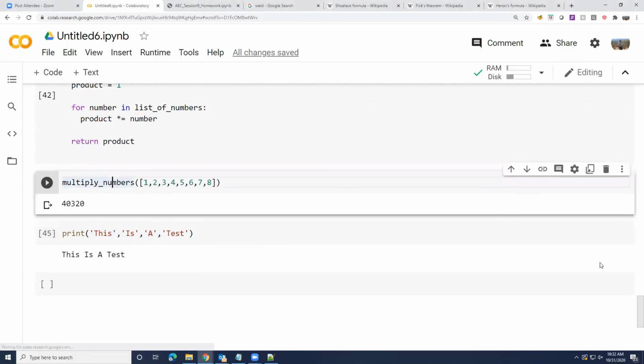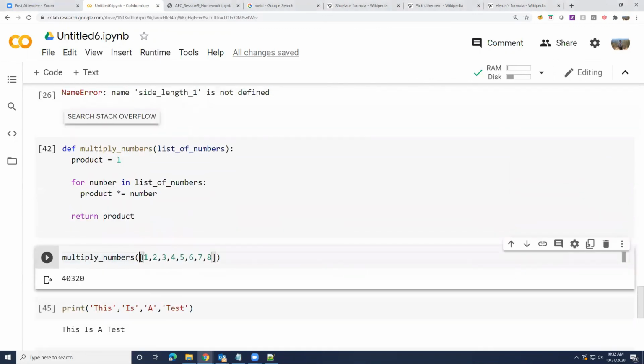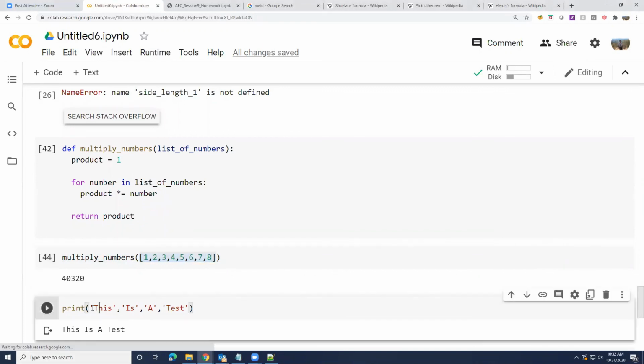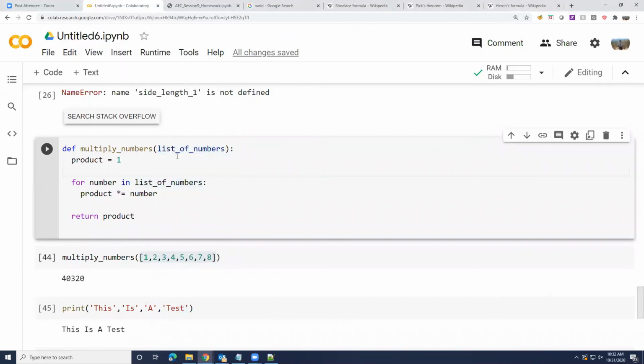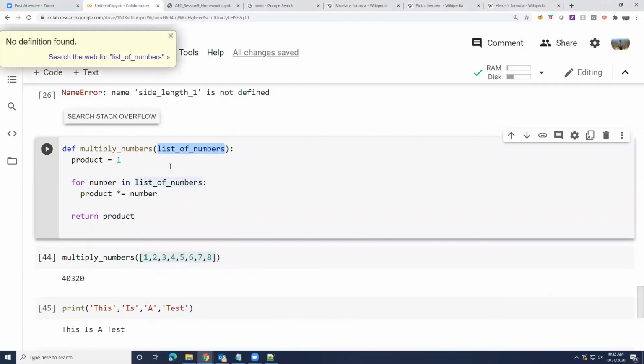For my multiplication function was accepting variable number of arguments, but I had to create the list and pass them. Whereas the print function, it's super generic. It's accepting even without me creating the list. So this is another interesting feature in Python when you pass variable number of arguments, right? So one way of passing variable number of arguments is to make your function accept a collection like a list or a tuple or a dictionary.